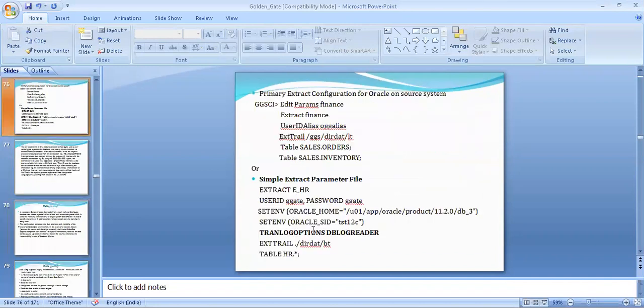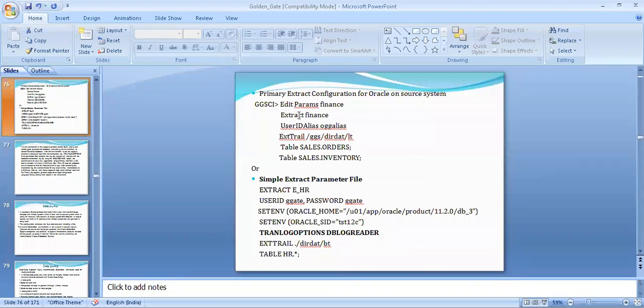So these are the basic configuration of the extract process. When you open the parameter file, because each process has its own parameter file, for the extract process, these are the basic parameters.